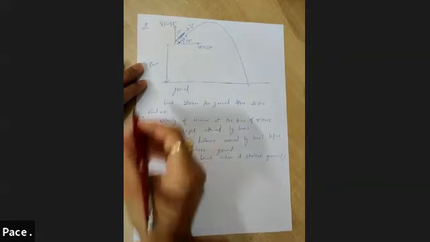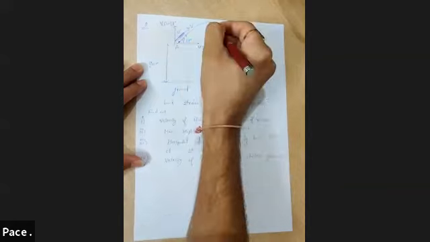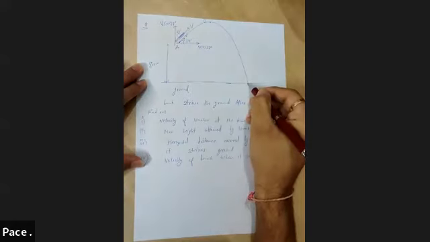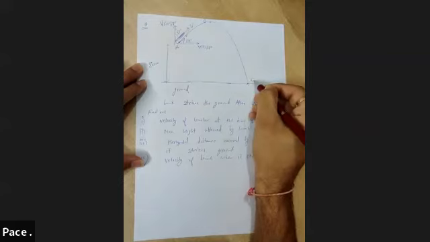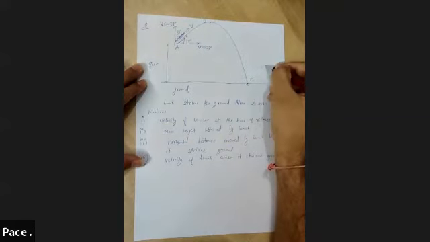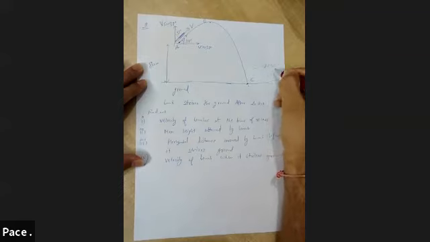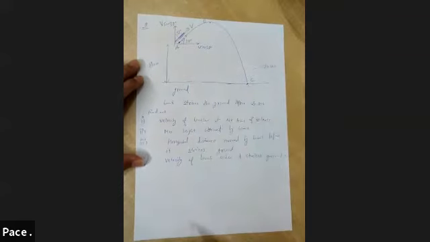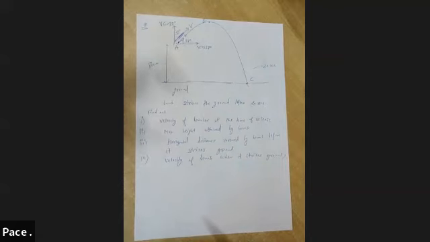One data is given. If I assume this initial point as A, the highest point as B, and this point on the ground where it strikes as C, the time taken by the particle from A to C by following the path ABC is given as 20 seconds. So 20 seconds is the time of flight of this projectile, and for this projectile the initial and final points are not at the same horizontal level. I told you, whenever you're solving questions based on two dimensions, always solve vertical and horizontal parts separately. That's all you have to do.